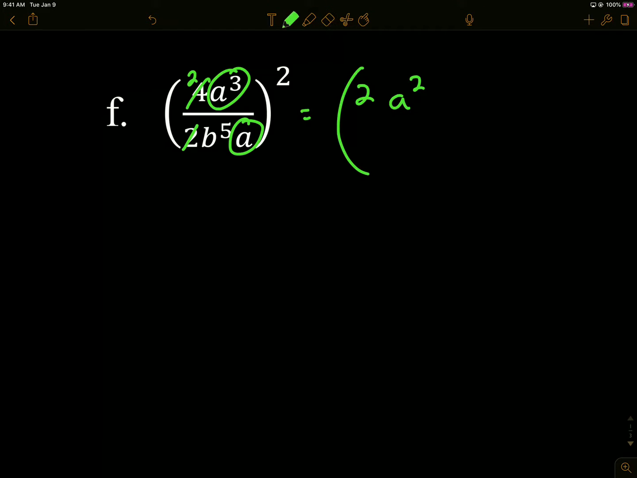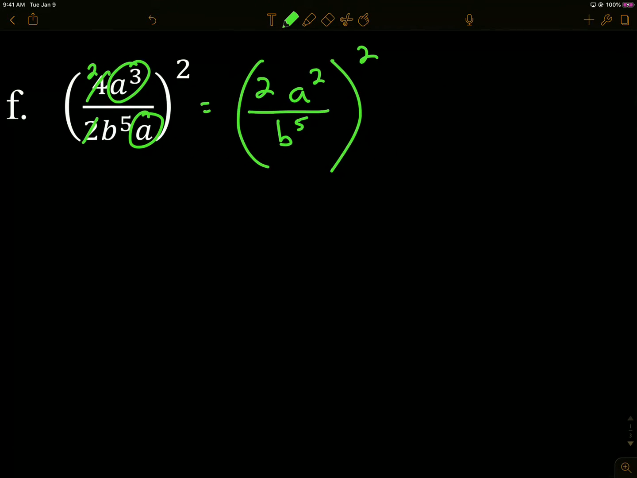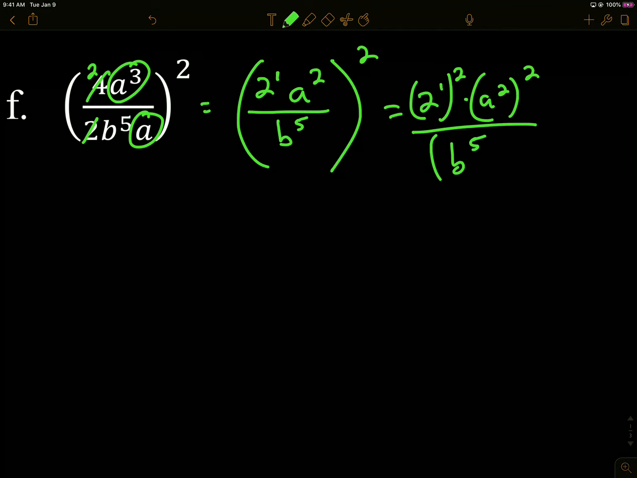My fraction bar is a little too long. And then there's no b's, so that b to the 5th stays on the bottom. And now it's that squared. So now I can apply the power to all of these parts. Remember, this has its own exponent. So it's going to be 2 to the 1st squared times a squared squared all over b to the 5th